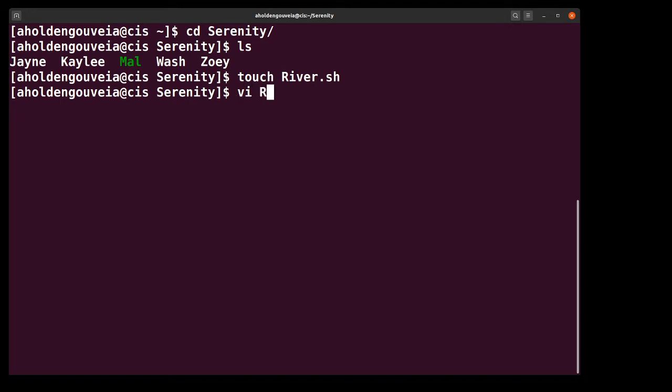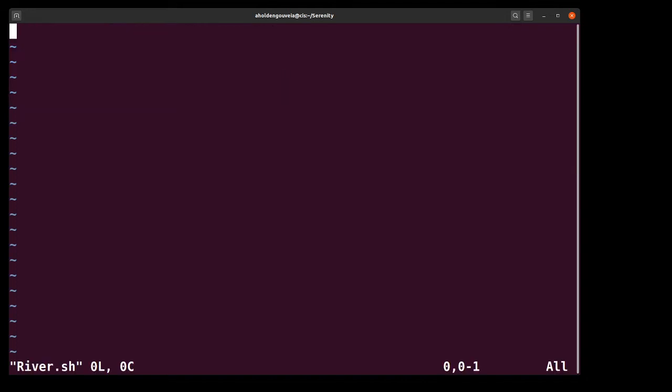Now I'm going to want to edit my file. I'm going to use VI. And the first thing I'm going to do is put in what's called the shebang line. So the shebang line is how we are able to tell that this is a shell script. This needs to be executed with the instructions that live in the server's bin. So this shebang line is going to have the hashtag symbol or number sign, an exclamation point or bang, and then it's going to be